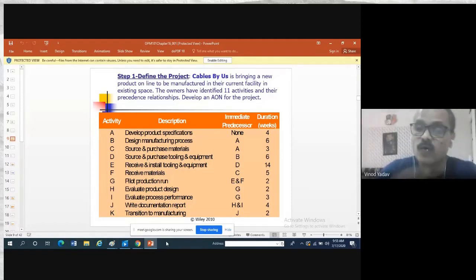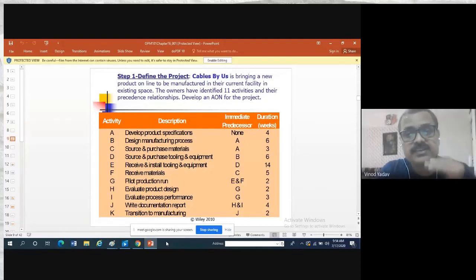So how do you define durations? How will you feel what the duration should be? There are various techniques to identify how much time is required for this project, this work. But we will not take them up now; for now we can write it down by estimate. We can discuss among ourselves, among our group, including our guide. So we will be able to identify that this time should be done in so many days. So this is development of product specifications, 4 weeks.